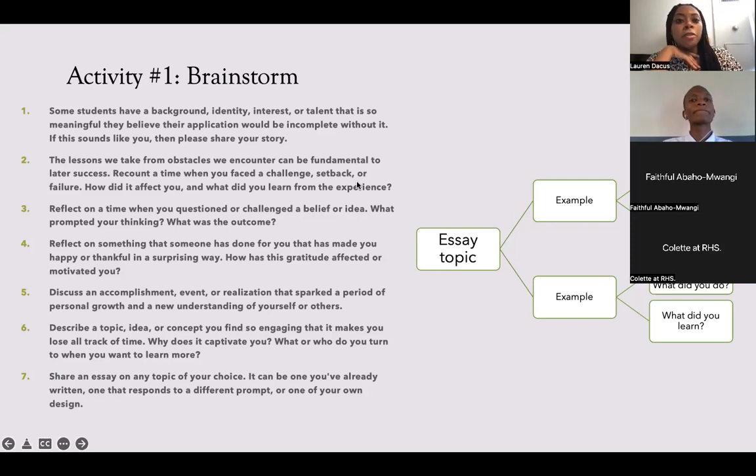Now, if you have already written your essay, don't be nervous, don't be scared. You can do this in reverse. And sometimes it's helpful to write brainstorming or outlines in reverse because you can see if you have followed a structure in your essay. So if you've already written your essay, I want you to reread your essay and then fill out all of these boxes to follow along. If you have not, perfect, you can start from scratch. So I'll give you 20 minutes starting now.